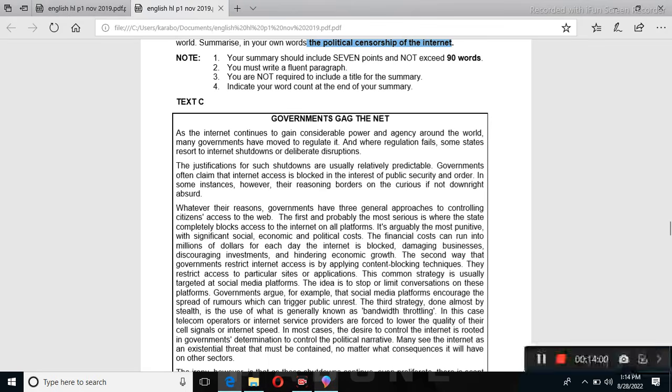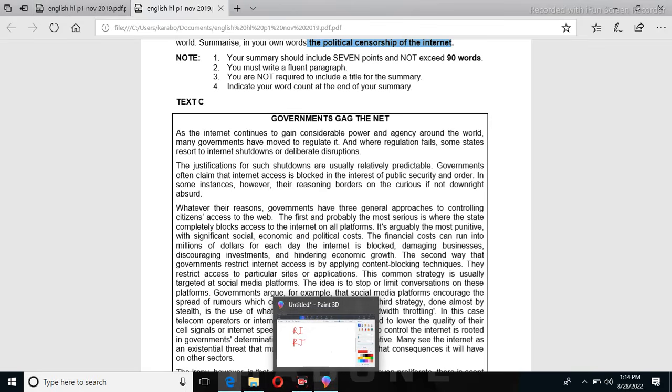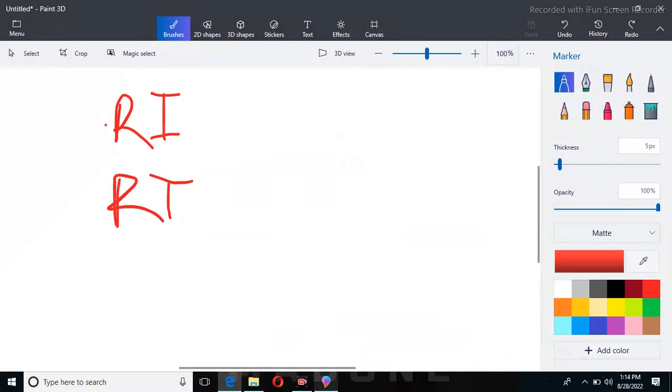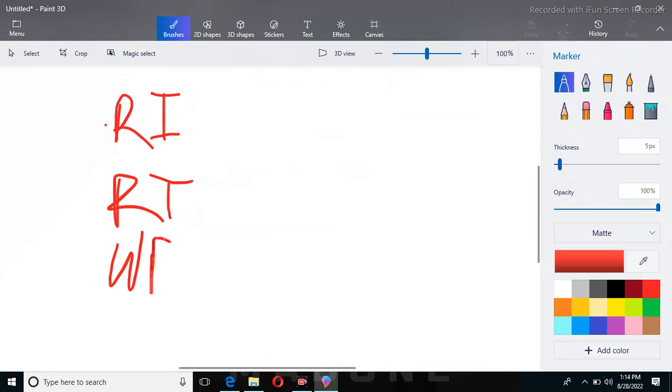Don't summarize yet. You're just going to write the points exactly as they are. So I'm just going to say, write points, right? Great. Now you're going to write the points exactly as they are. Now, after writing these points, you have 7 points. But usually you're going to find 9 points. Then you'll just have to choose which ones you're going with. Just choose 7 from that 9. Okay? Now, the question is, what's going to happen now?